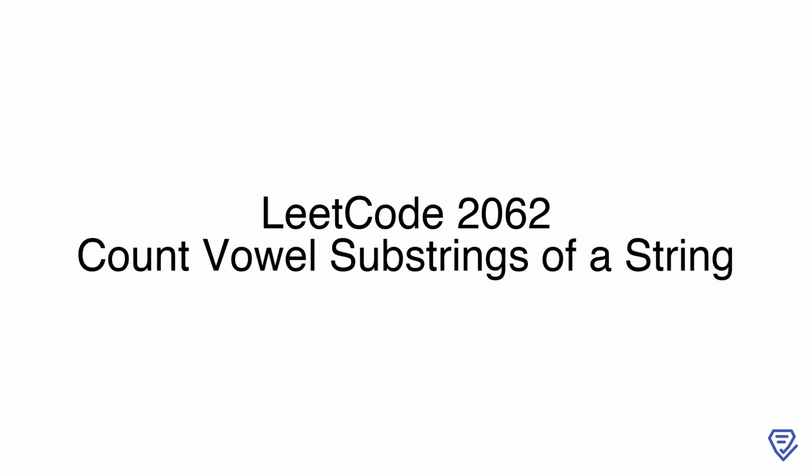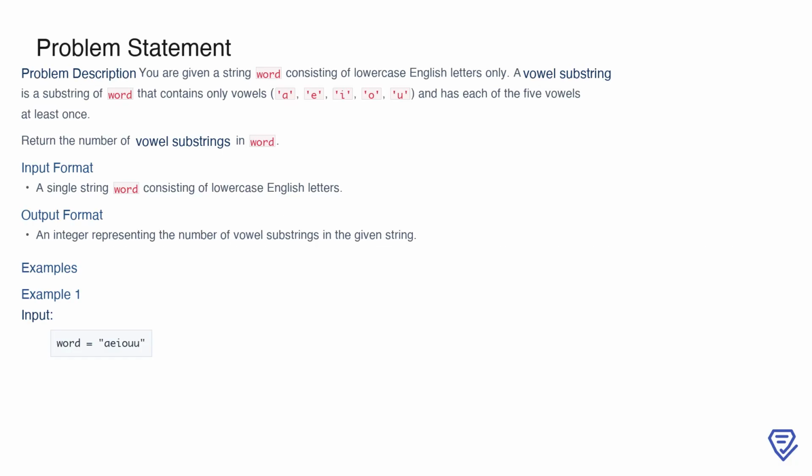Welcome to this walkthrough of LeetCode problem number 2062, count vowel substrings of a string. In this problem, we aim to identify and count substrings that consist only of vowels. We'll explore the problem statement, break it down step by step, and walk through an effective solution. Let's dive in. In this problem, we are tasked with finding the number of vowel substrings in a given string